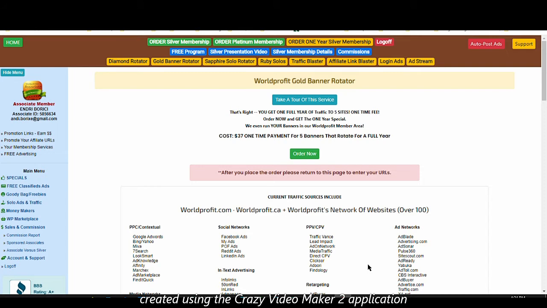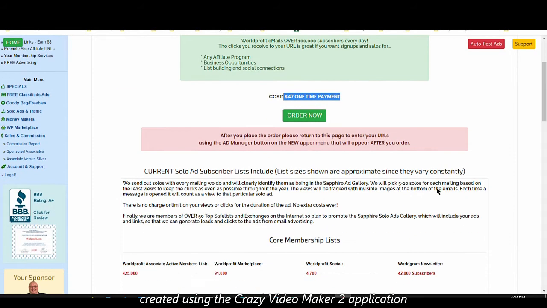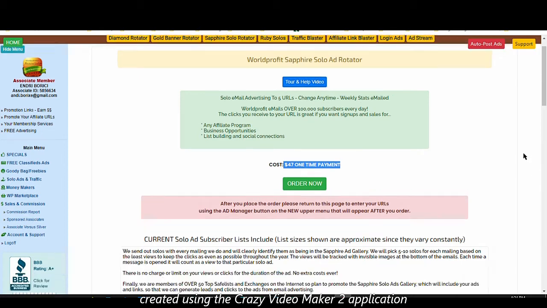You don't have to do anything, and of course you can change the URLs or the banners whenever you want. Okay, so the next feature, Sapphire Solo Rotator. Again, not for free, but it's only $47 one-time payment. Okay, and solo email advertising to 5 URLs, change anytime, weekly starts, mail, any affiliate program, business opportunities,